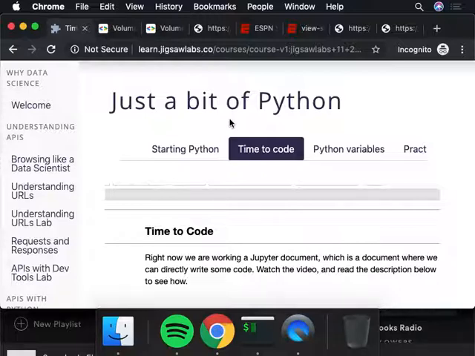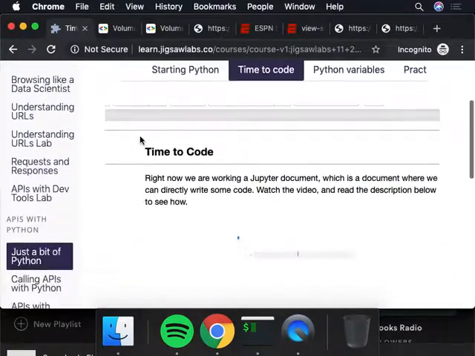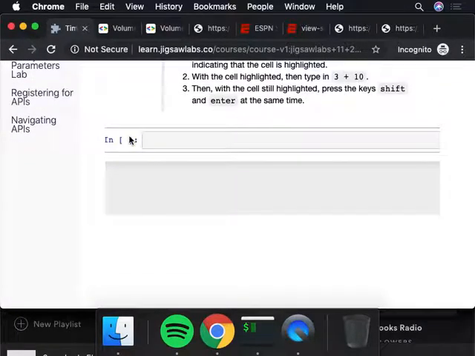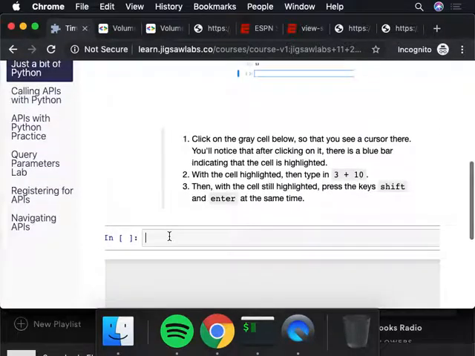There's three bits of Python to learn before using an API in Python. Okay, so that's like numbers, text, and something called a variable, whatever that means. But before getting to that, I just want to tell you a little bit about what this thing is right now. You see, it's not as pretty as the rest of the website. The reason is because this is a coding environment that I've embedded into this webpage. This coding environment is called a Jupyter Notebook. And this is how data scientists code all the time, inside of a Jupyter Notebook.